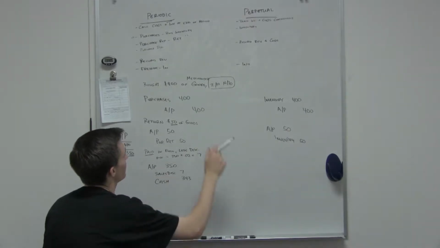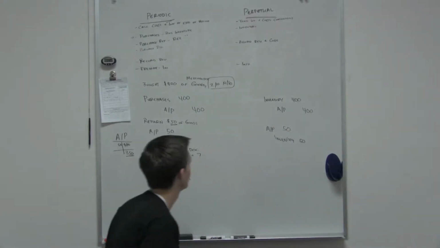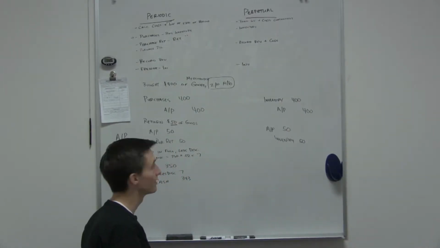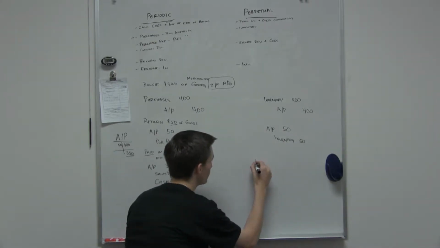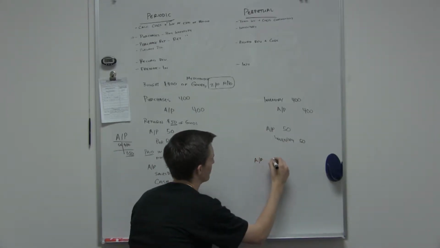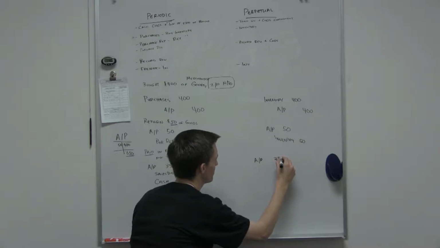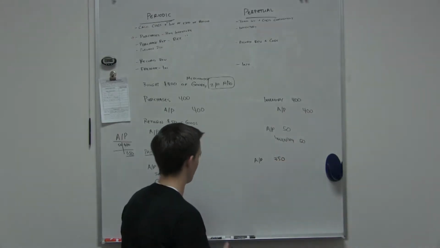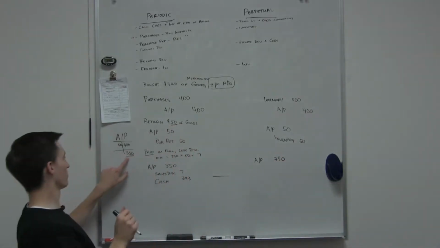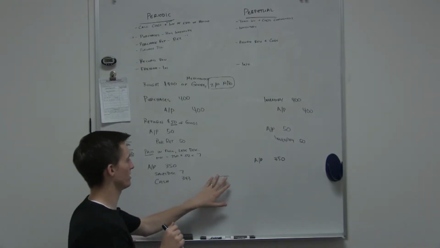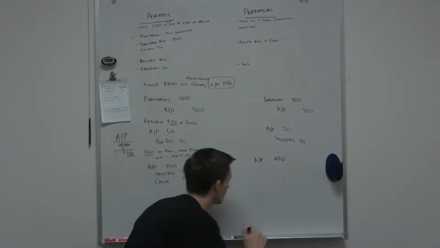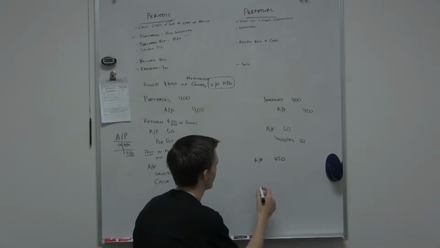Now, let's pay in full on the perpetual side. Accounts payable, how much? $350. Why is it $350 and not $343? Because that's what we owe. Yeah, because our accounts payable account showed $350. We have to get rid of all of it, otherwise we still think we owe people, but we don't. Right. Okay. So $350, and then I'm going to